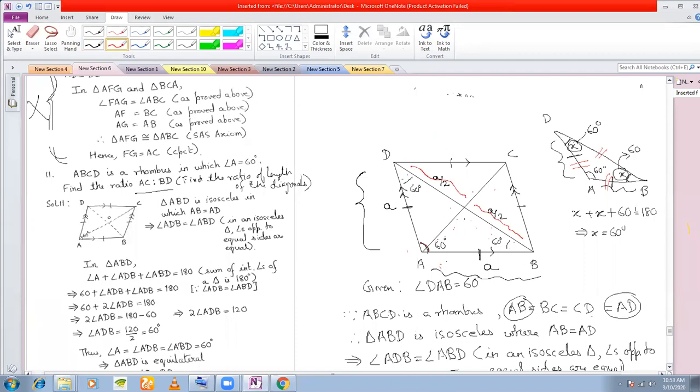And you know, if this entire side BD is A, you know that the diagonals of a rhombus, they bisect each other. They are perpendicular bisectors of each other. That means if this entire length is A, half of this length must lie here and half of this length must lie here. Right or wrong? A by 2. Yes. And this is also 90 degrees because diagonals are perpendicular to each other.